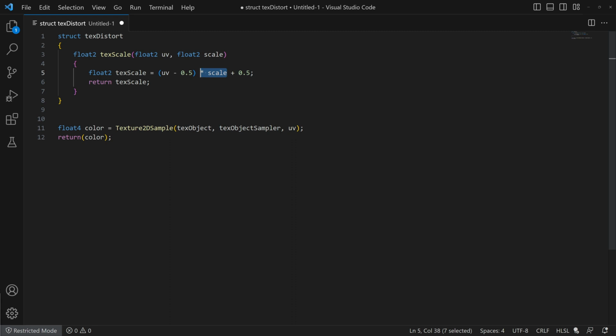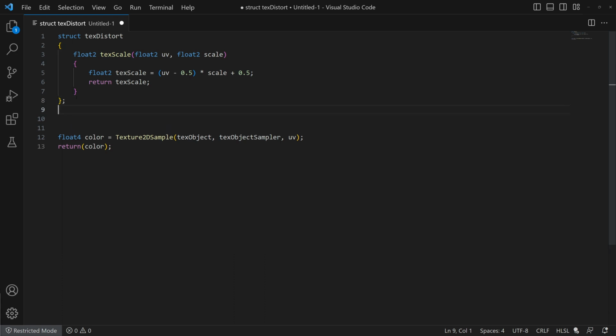And then we'll return that scale. And that texture scale will end up being our newly distorted or modified UVs that will successfully scale that texture. So after I've made this struct, if I really want to test this out, I have to go down here